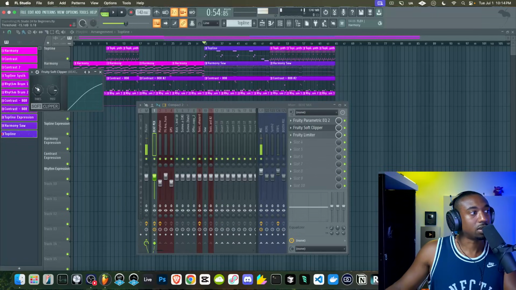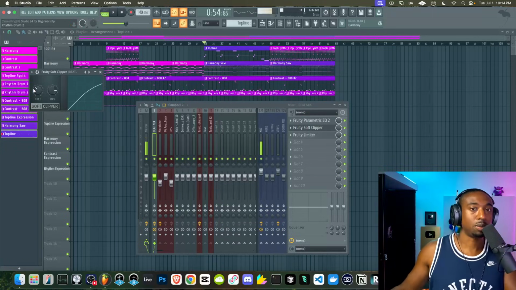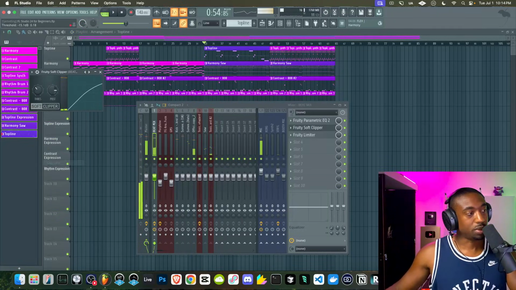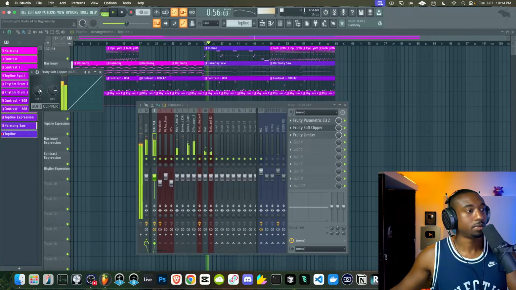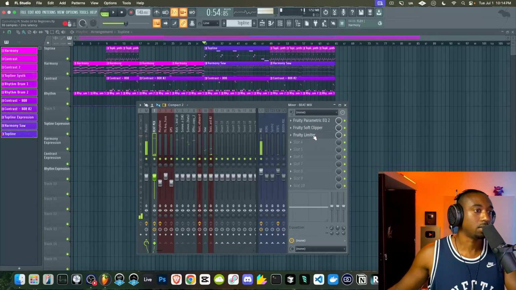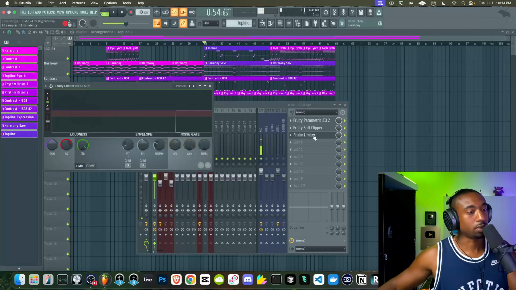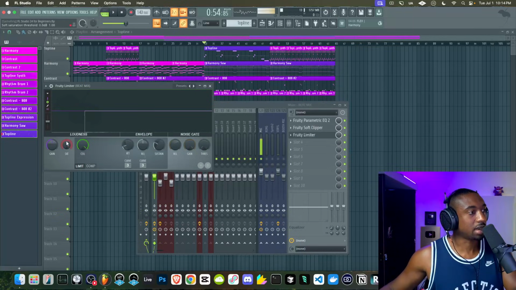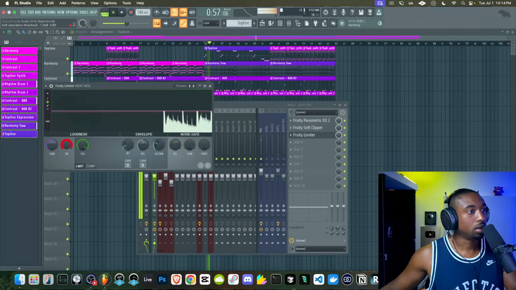Fruity Soft Clipper, we have this threshold turned to the left. This creates more of a compressed sound. To the right gives you more of an open sound. So if your drums are pretty heavy, you could turn that to the right. In this case, I like it to the right because we're going into the next plugin, called a Fruity Limiter. And here's where we're going to add some of that grittiness to it. We're going to turn down what's called the saturator. Make sure you turn up your ceiling though.